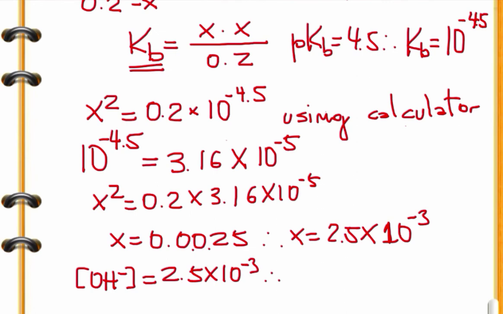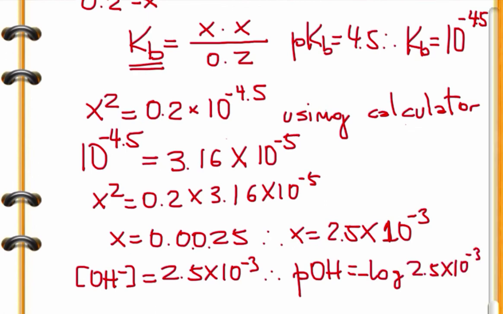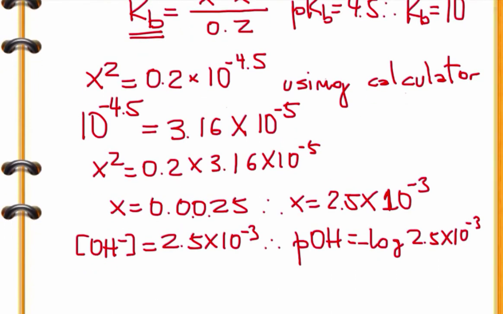So if you have your OH concentration, then we can get the pOH, which is minus log of the concentration of OH, which is 2.5 times 10 to the power of negative 3. You can use the calculator directly from here. pOH is going to be, there's a minus 3 there, and the minus of the log, so it's going to be 3 minus log of 2.5. Plug this in the calculator, then we get